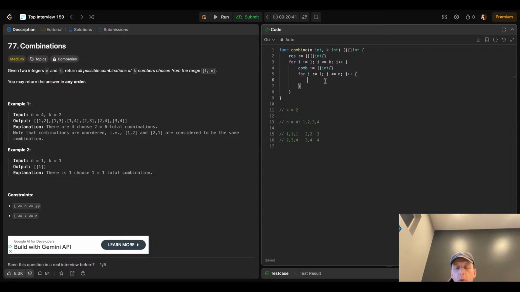For each n, or for each, for 1, we'll say that combination is append combination and this j. What next? We want